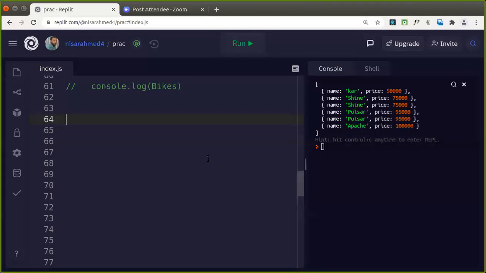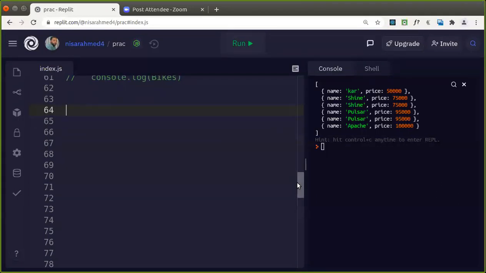Suppose we are given an array of objects like this, where students is there. You are having an array of objects with ID 1, then subject marks.